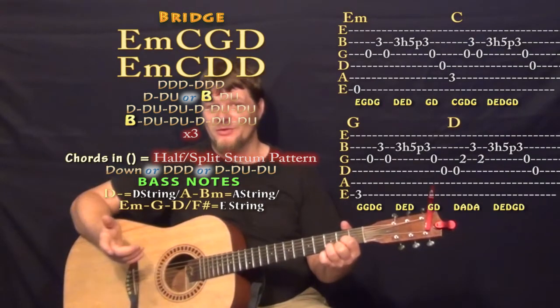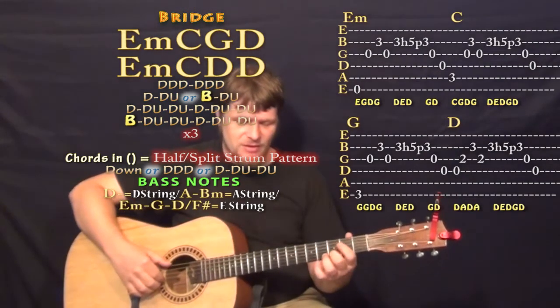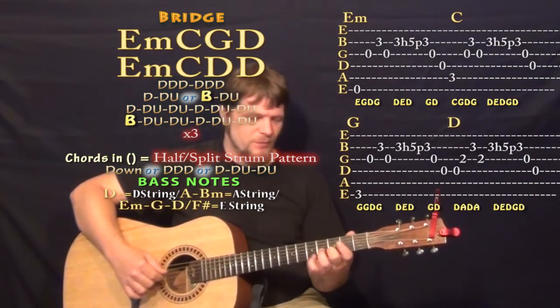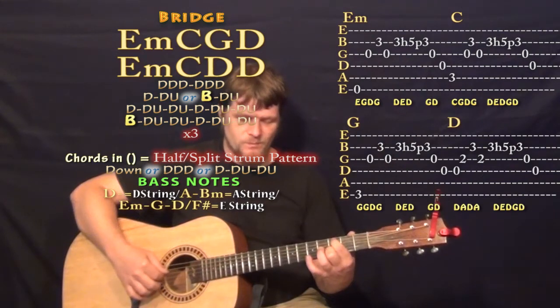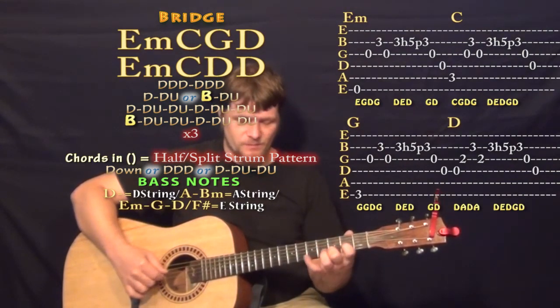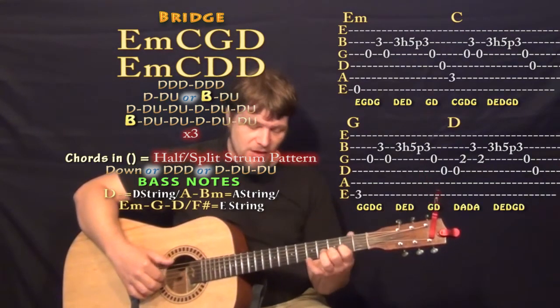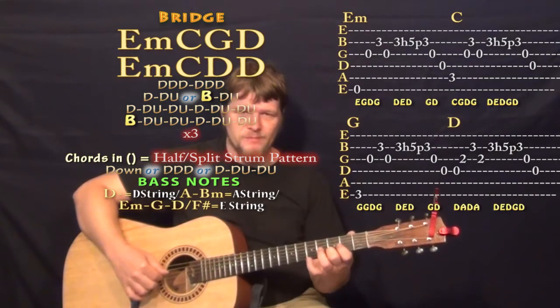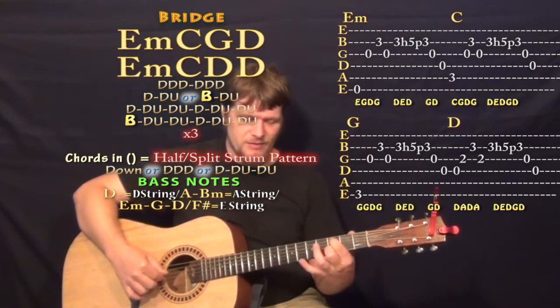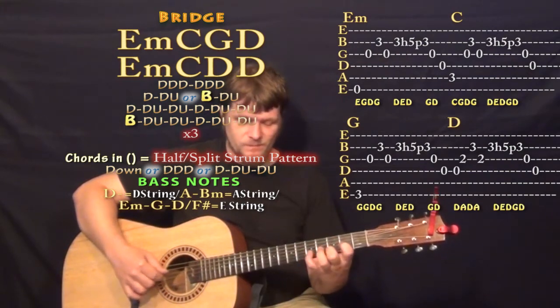Wanted to make that a fingerstyle idea too. It's really all about that first bass note with the thumb. So you have the E minor, C, G, D. And you may want to, on those D's, add in that second fret on the G. So E minor, C, G, D, E minor, C,